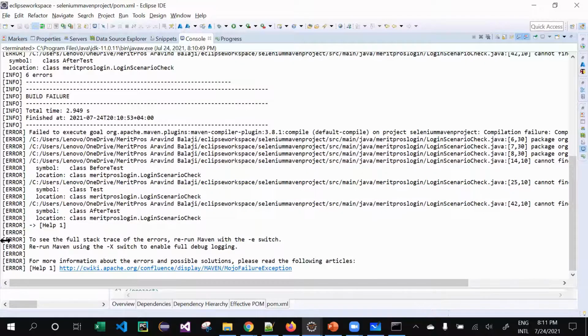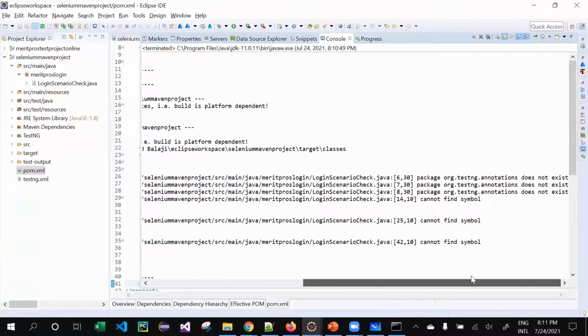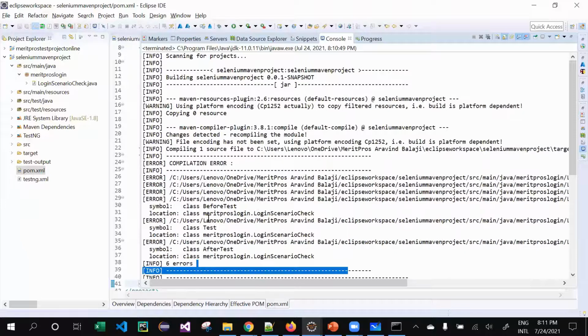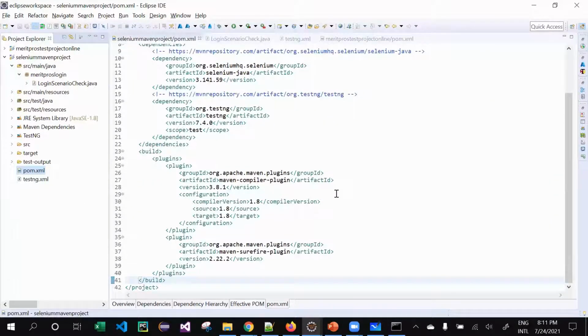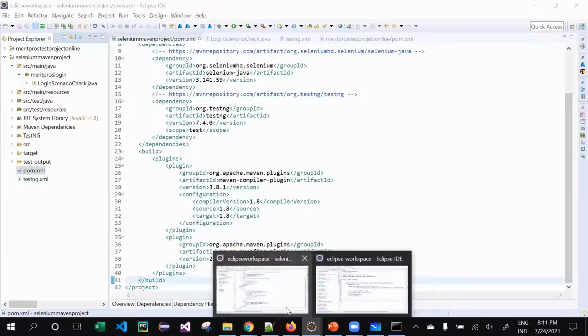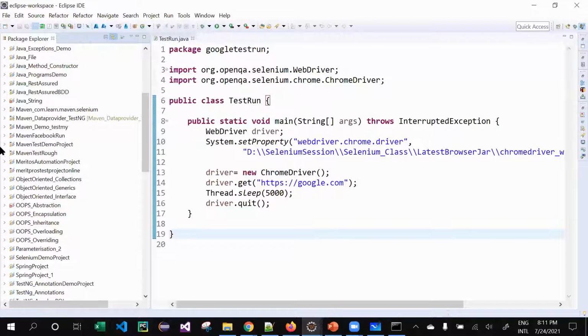Okay, no problem, not an issue. Let's check it out. Annotation doesn't exist. Not a problem. It just needs to know from where it should run, and we need to mention it. We can do that, don't worry.